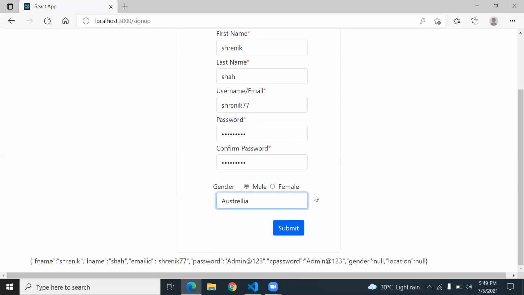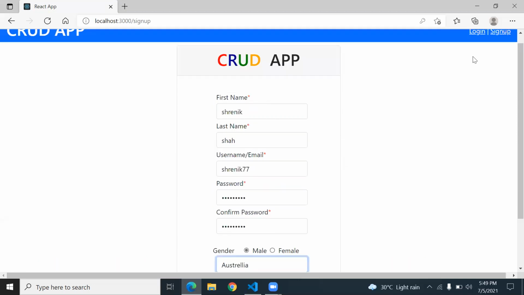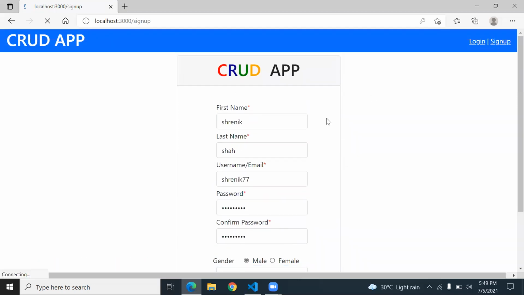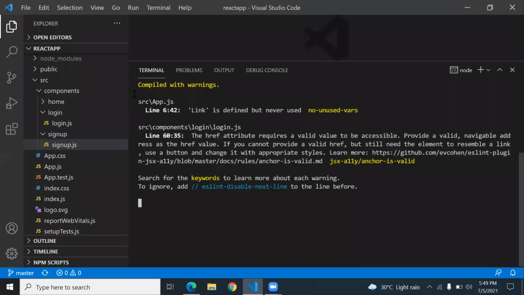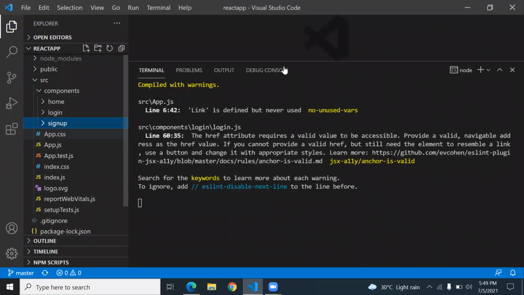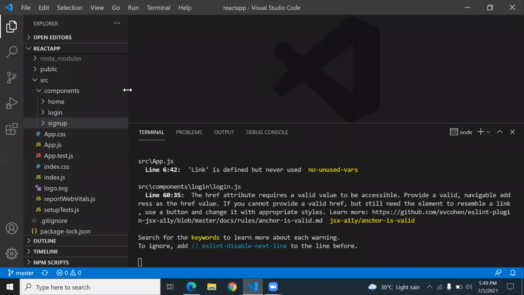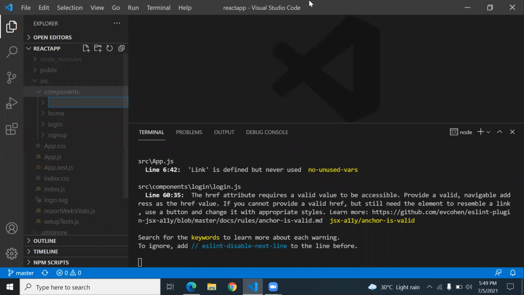For the dashboard design, after the successful login, I want to show a dashboard page. Now here we add one more component. I create one more page inside the components, called dashboard.